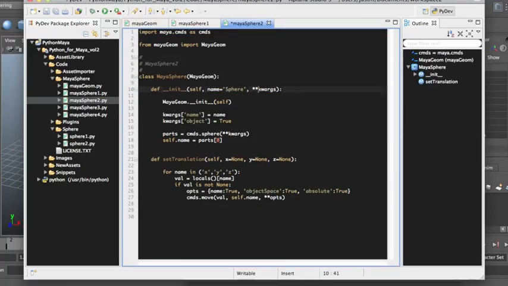That means expand this into keyword args. So whatever they pass in, name equals value, it comes in like a dictionary. As you can see, I treat it like a dictionary. I say make sure the name is equal to the name, make sure the object is set to true, and then when I